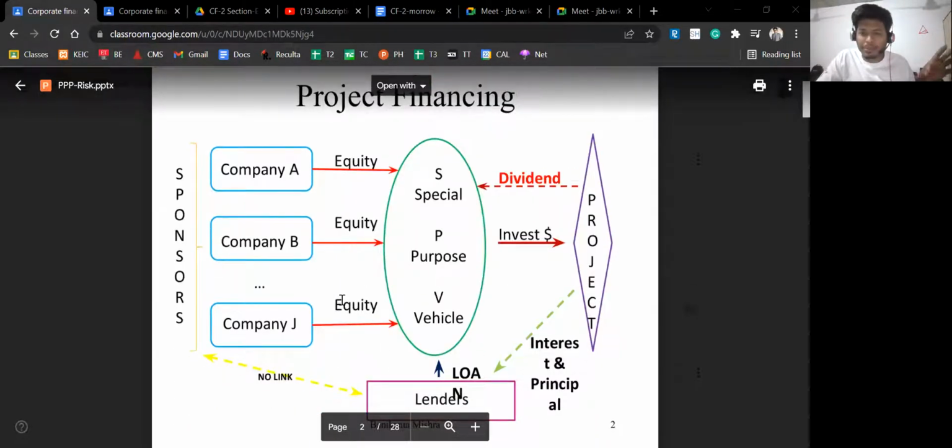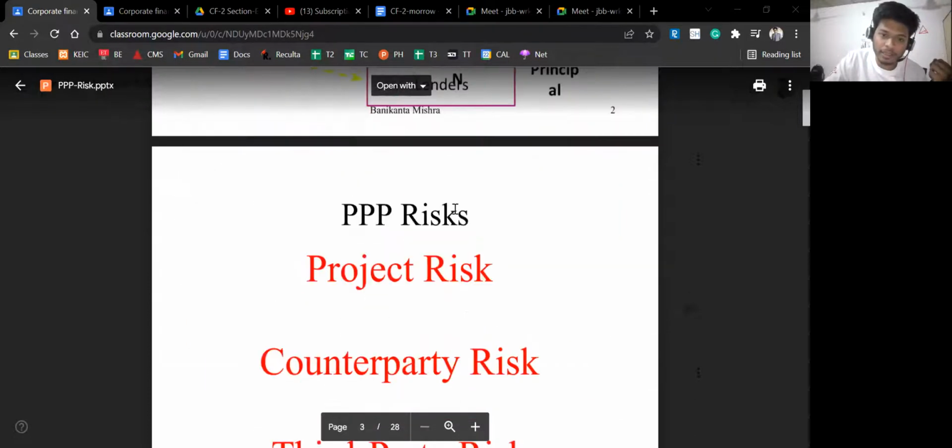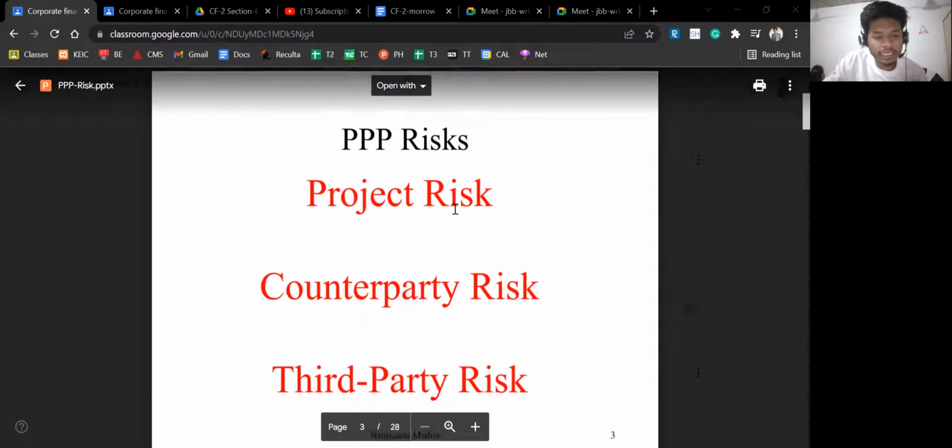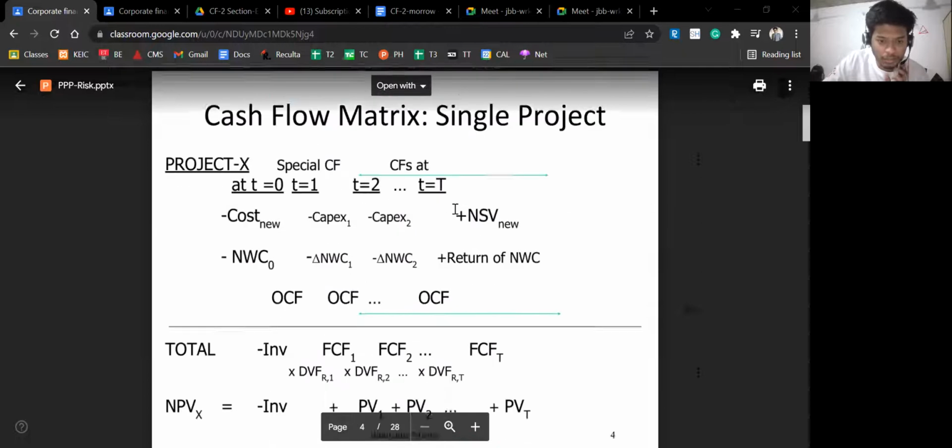Another concept here is called an SPV, which is not relevant to the question, but sir may ask you this question: what is SPV? SPV is basically a special purpose vehicle. It's a dummy company, let's say, where multiple companies put their funds into, so they invest equity in that SPV. That SPV takes a loan from the lenders and invests in a project. For that loan you pay the interest and principal to the lenders, and from that project you get dividend, which you pay back to the SPV, and the SPV pays it back to the company. Right. Now there are three kinds of risks: counterparty risk, project risk, and third party risks. I'll not go into detail here. In case a question comes, we'll solve it then and there.